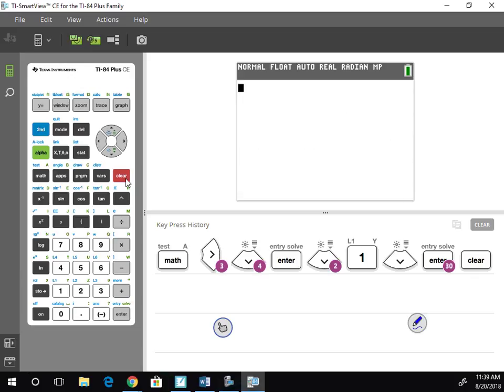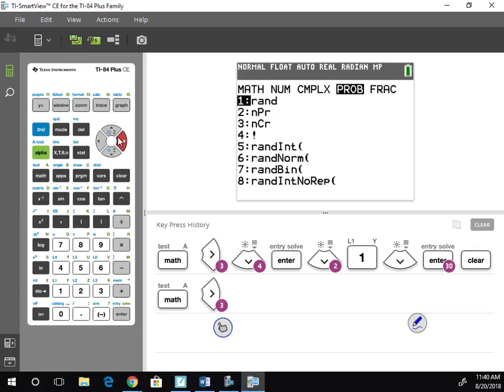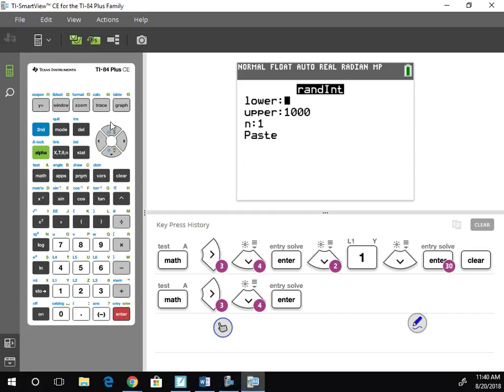Let's say that we want to simulate his playoffs. Okay, so I'm going to go back to my prob, option 5, hit enter, and I want to simulate his playoffs. How many attempts did he have in the playoffs? What? I want to know the attempts, not the numbers that are made, represent made shots. I want to know how many attempts he had in the playoffs. 79. So I'm going to type in 79